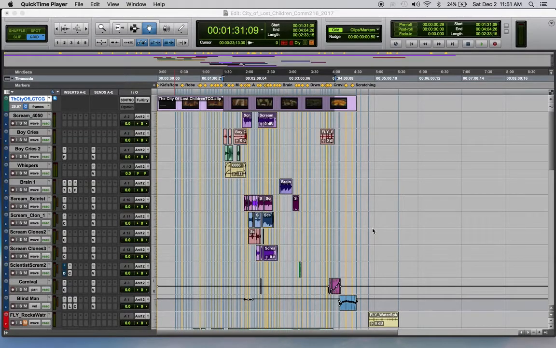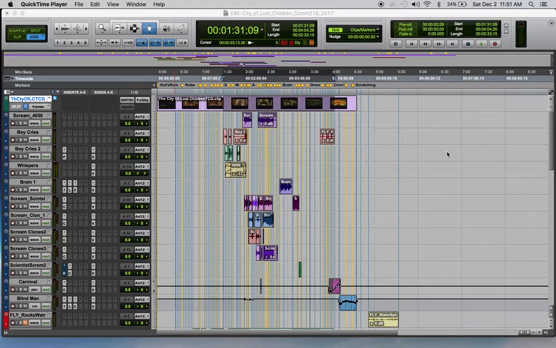Hello, this is a quick tutorial on how to export tracks in your Pro Tools session as an OMF file so that you can then open these tracks up in a new session and have all of your audio files be in the exact location in sync with your video, so that you can share with your Foley partner and have everything that you've done be exactly in sync and in the session in the same way that you did